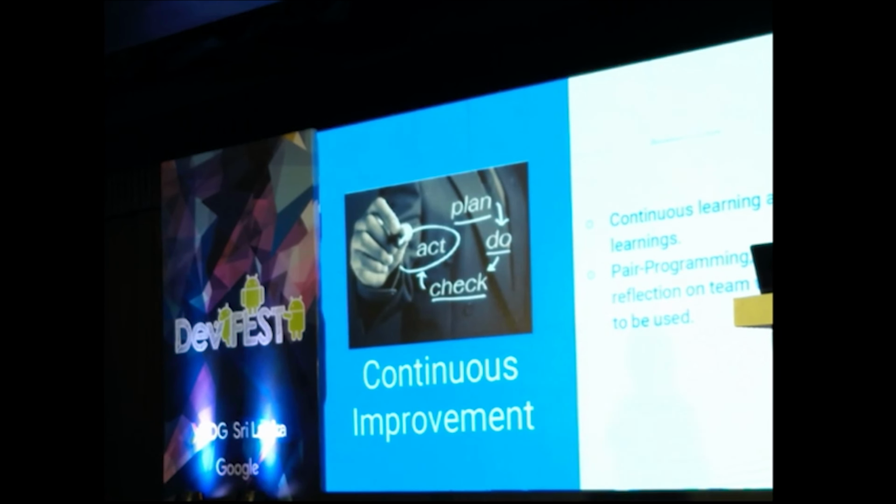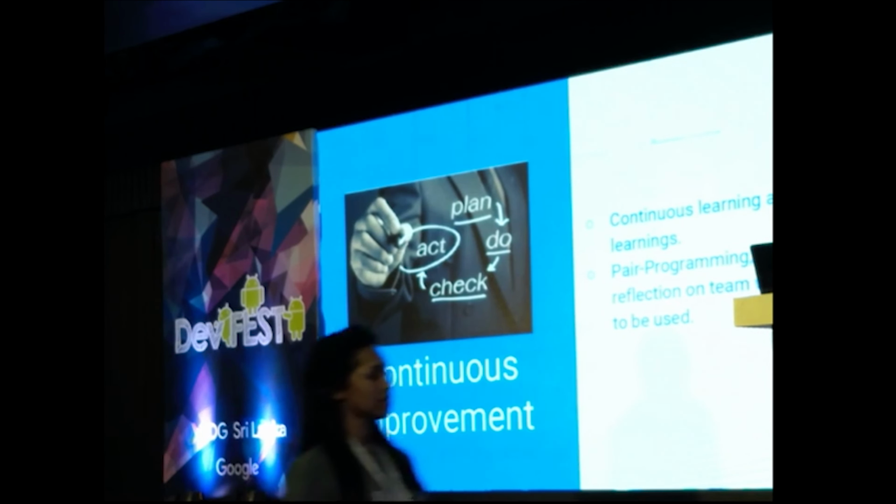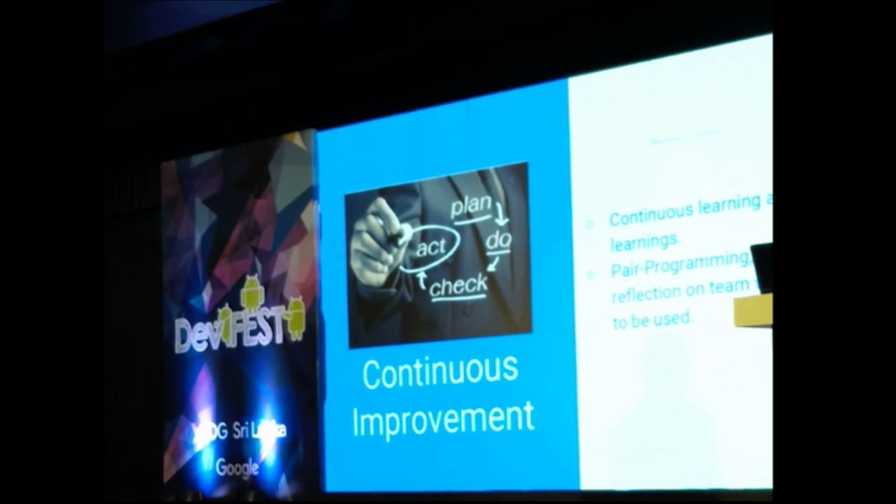And the final one is continuous improvement. That is learning about new things and application of those things in the software that we are writing. So that could be achieved in many other ways. We have pair programming, code reviews, daily reflection, those kinds of things. So those are the main 4 values